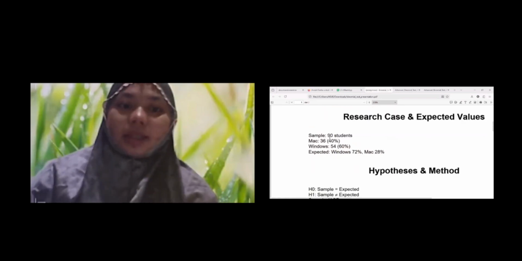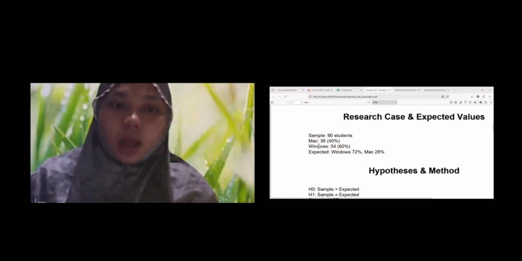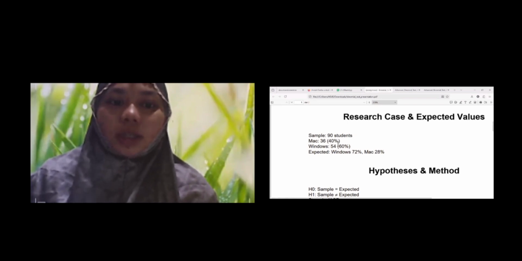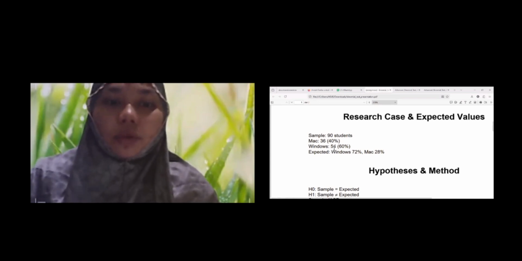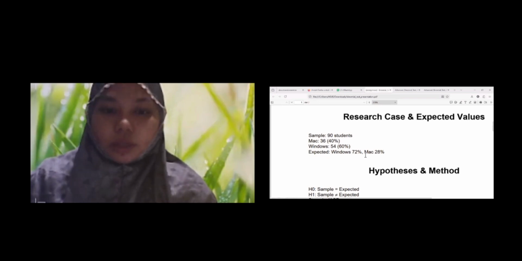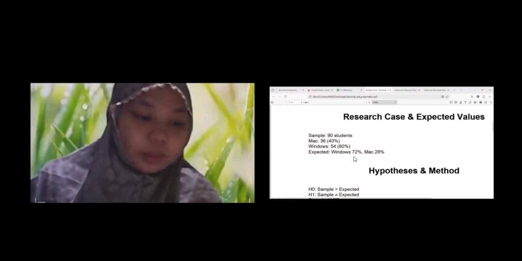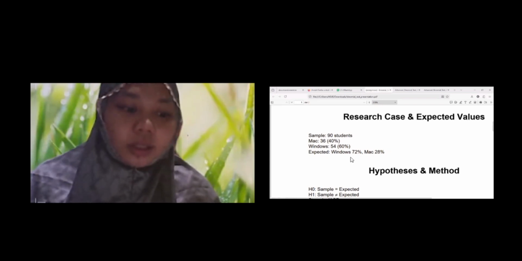Sample 80 students, 36 use Mac, or 14% use Windows, 45 or 16% expects Windows, 72% Mac expected to 28%. Well, in this research case, we collect data from